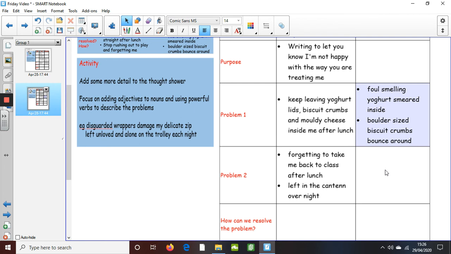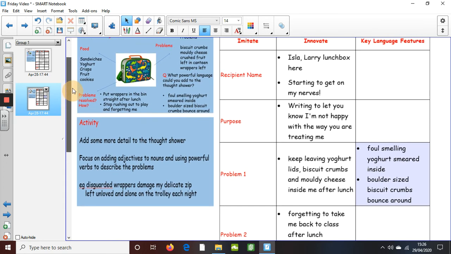How might the lunchbox be feeling? If you have a look back at the thought shower over here, I've actually put unloved and alone on the jolly night. That could be something that you use as well. I'm going to leave you there with that. I think what I'm going to talk about really with you before I finish is that we've got obviously the